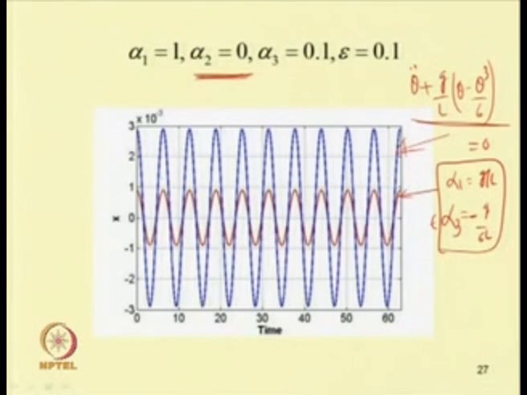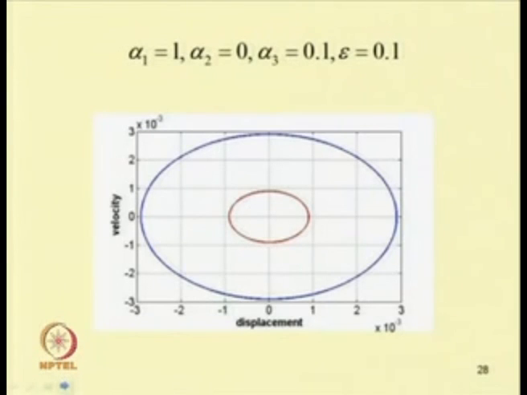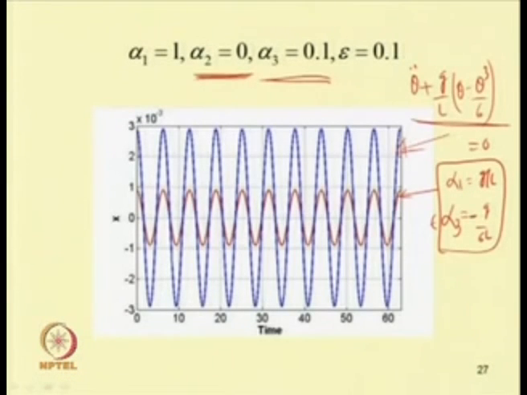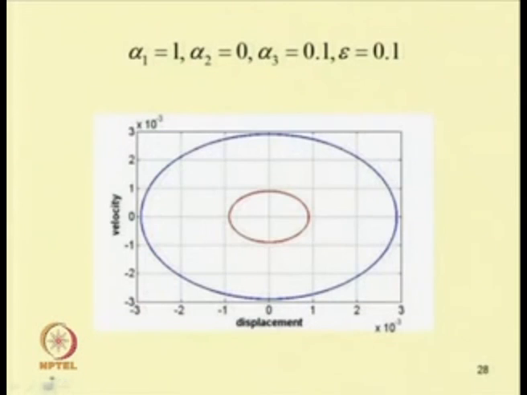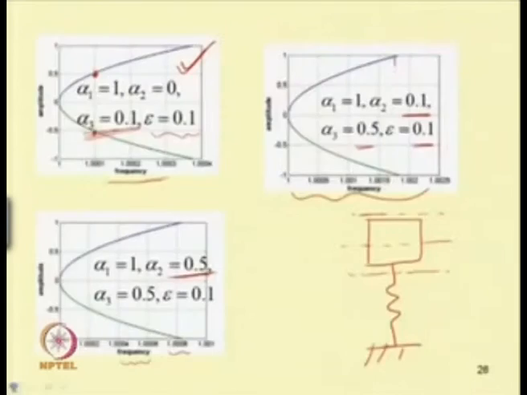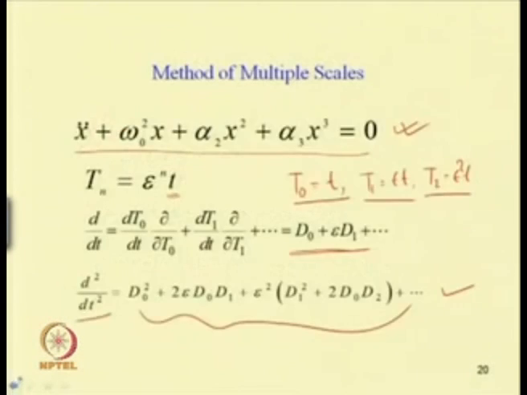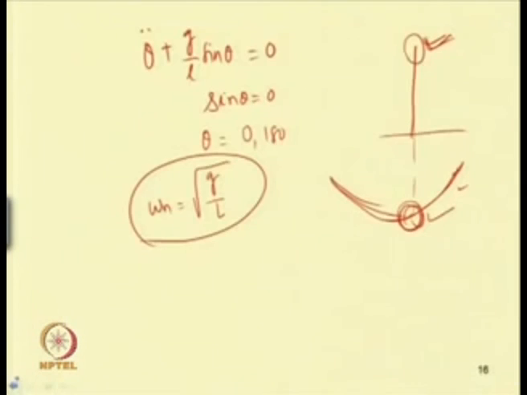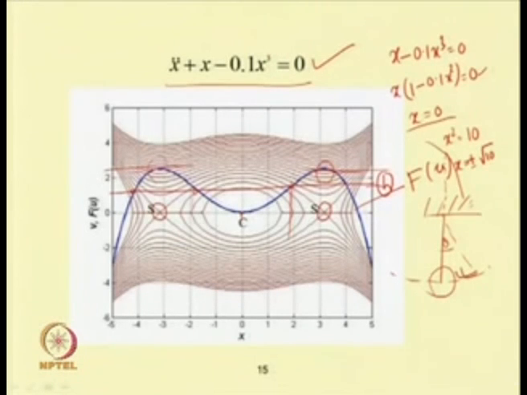So, in this case, one curve corresponds to one frequency and the second curve corresponds to another frequency. Here we have taken alpha 3 equal to 0.1. Similarly, let us take another case, the phase portrait. One can plot the phase portrait also. One can see the phase portrait is periodic, which we have already seen in the qualitative analysis. So, in qualitative analysis also we got the same thing.